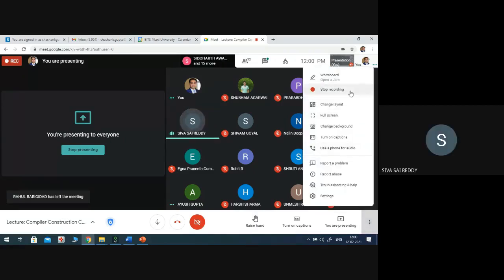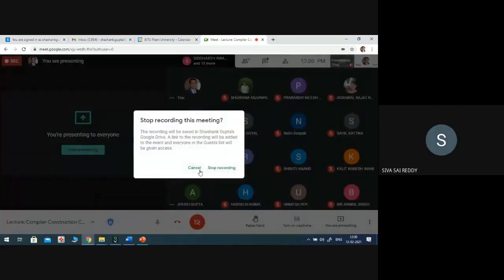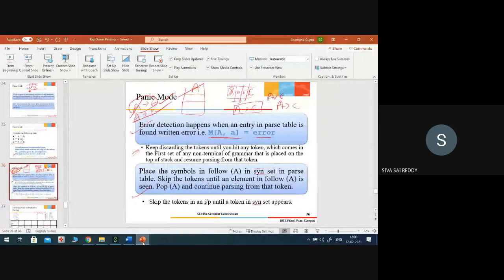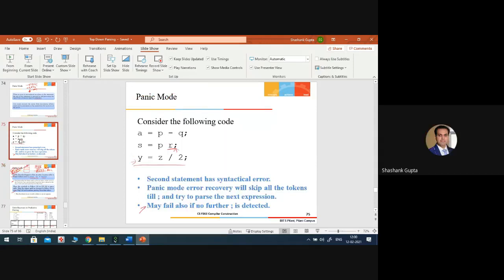Sir, here, if we find an error, we will continue later after skipping after the delimiter. Isn't it an inefficient way? Because the compiler will not be able to do it right now, but we have to do the same parsing again. Why do we have to do the same parsing again? Sir, suppose the user has corrected the error. Fine. Then the parse tree for y is also to be constructed again.